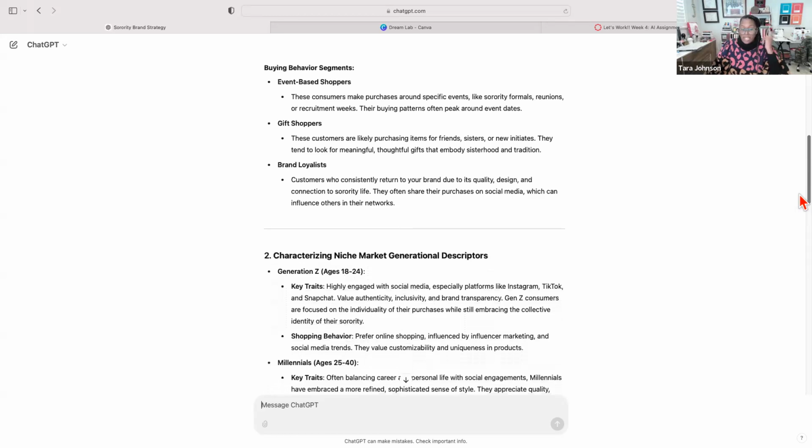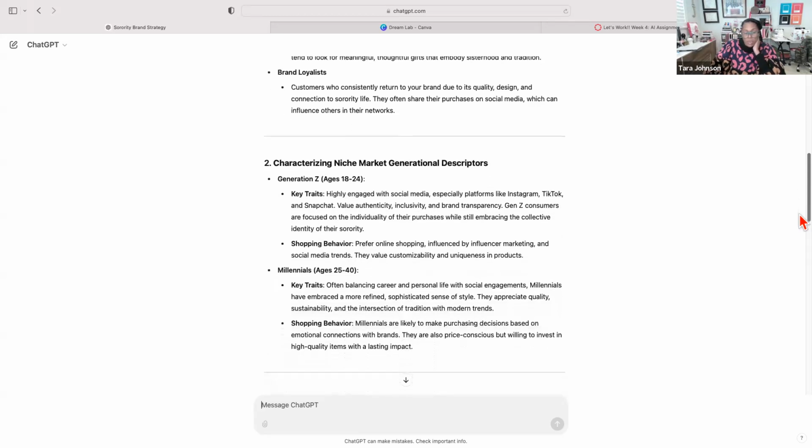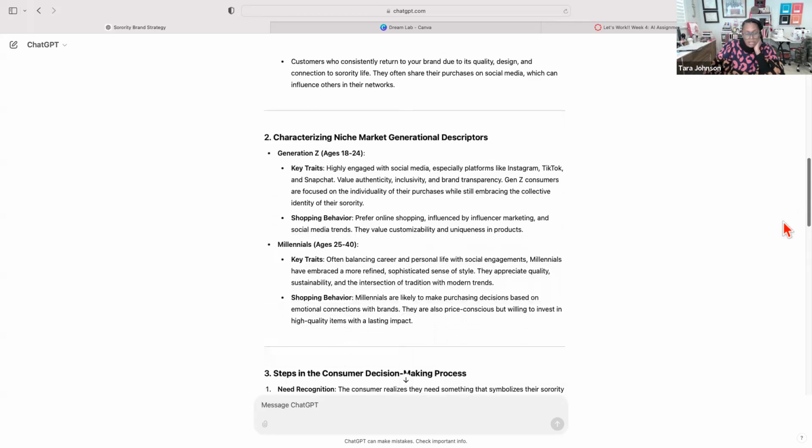Okay, and here, characterize into generational descriptors. So here, this is where they have the Gen Z and the millennials. I don't know why they left the millennials, they left the X's out. I'm an X, so they left the X's out, but it is what it is. So they talk about the key traits for the generational descriptors, and then they also give us what their shopping behavior is. And for the purpose of this assignment, I'm not going to read all of my results, but